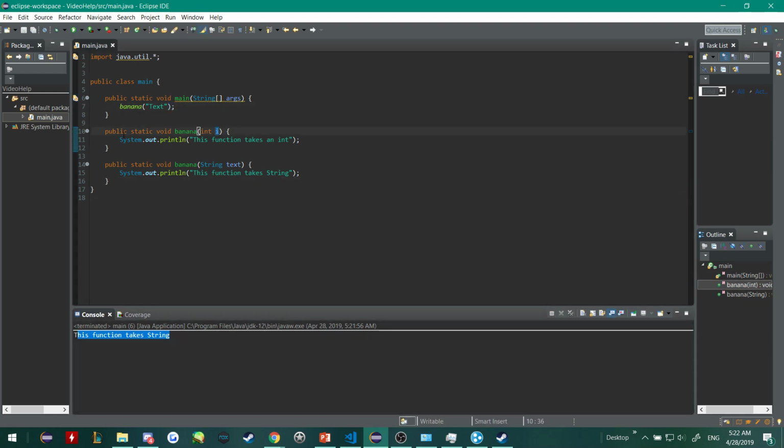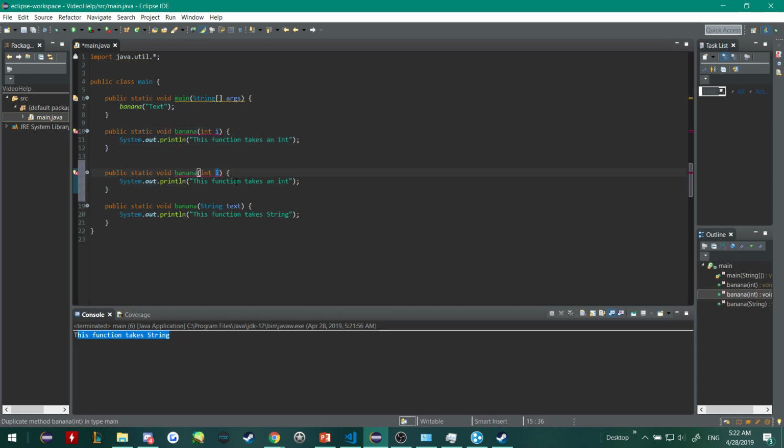And we can do the same thing. It doesn't really matter what data type is being passed through it, as long as the parameter list itself is different. So if we do int j, now we have an int i, and int i and j takes two ints. So let's pass two ints, 1 and 2. And that should go to this function since this has two integers. Okay, so that's just a basic